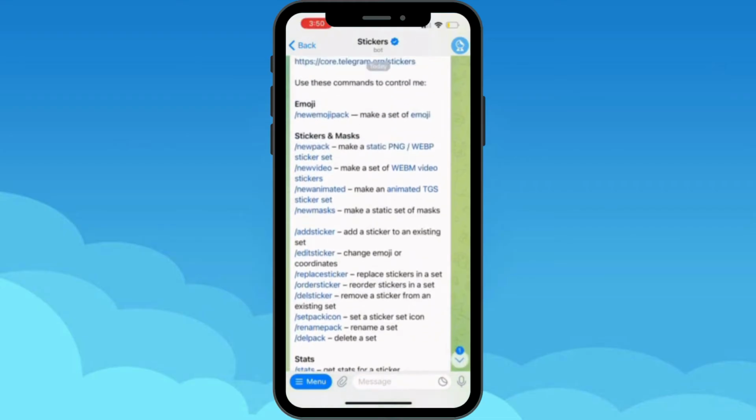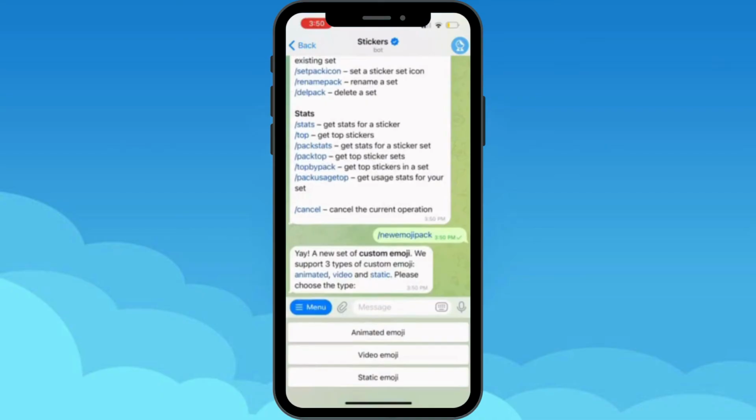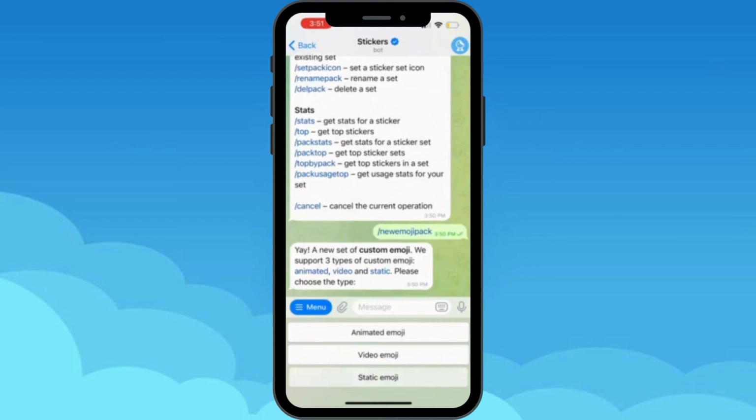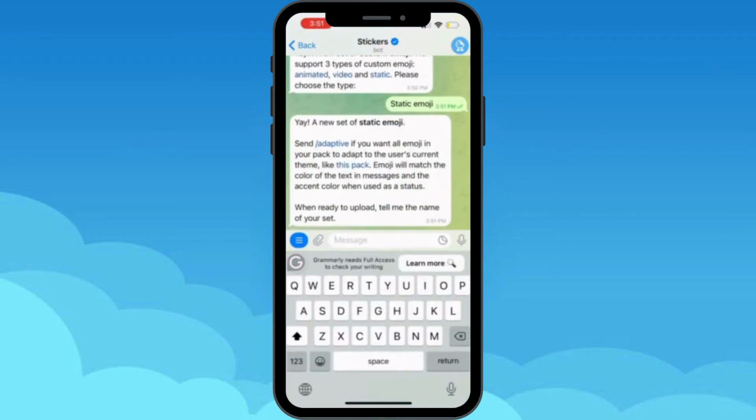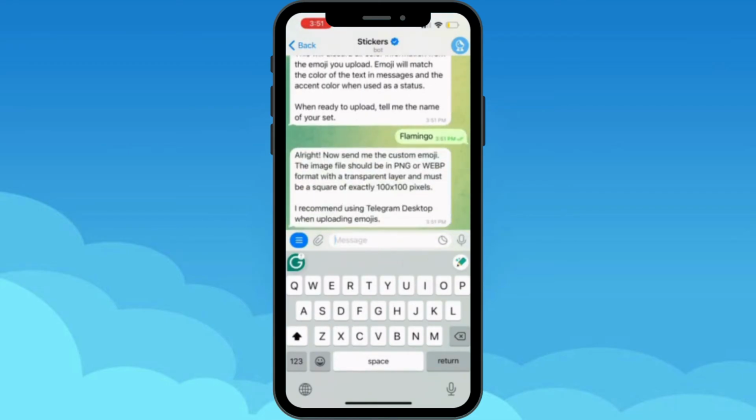And there's a long message, so all you have to do is make a set of new emoji. Let's tap in this one, and it's asking whether you wanna make animated emoji, video emoji, or static emoji. So let's tap on static, and it says let's tap in this adaptive and tap in flamingo, and